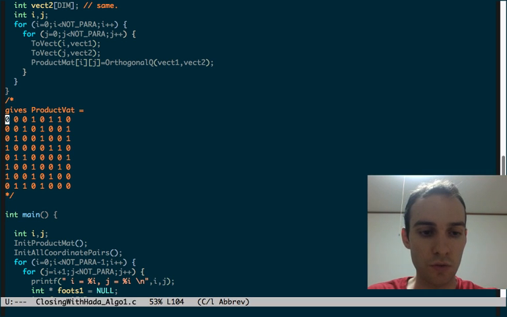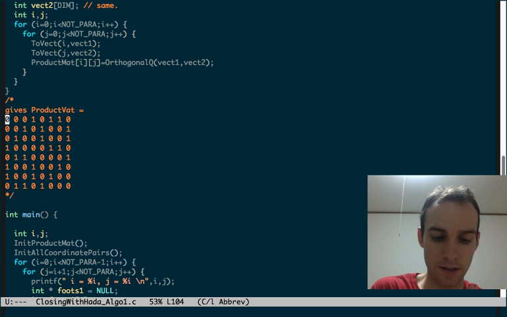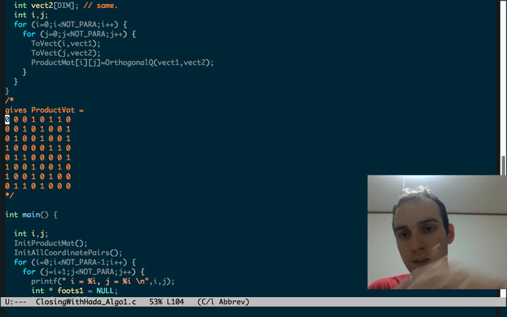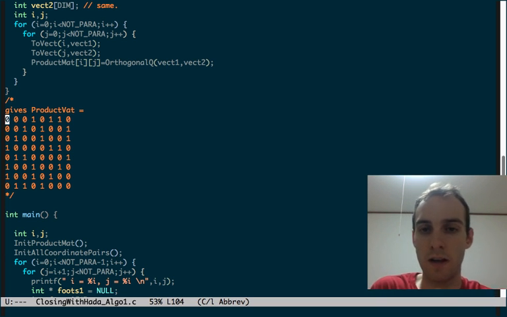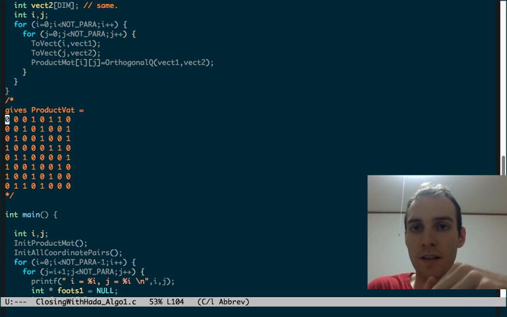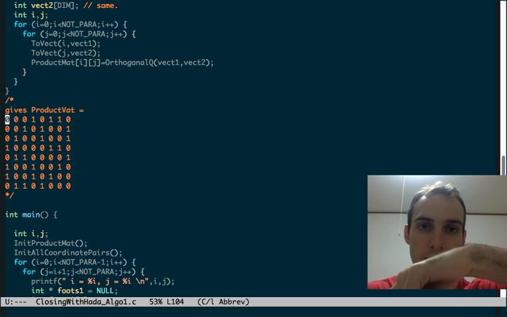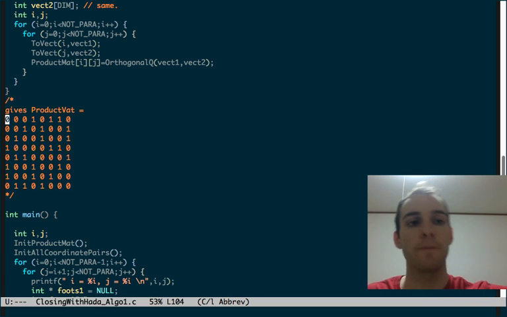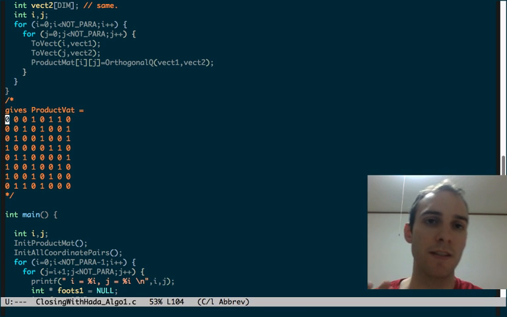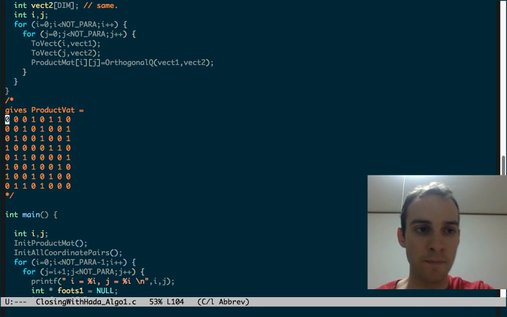So in R3, just real regular old space, okay, if you have three vectors like this, and the first two are not orthogonal, but they're in the same plane, like this is the x-axis, this is a vector x plus y or something. This vector is still orthogonal to both, so you can still be orthogonal to both of these, even if they are not themselves orthogonal to each other. Now we're in 4D, but the problem is that we're restricted to plus and minus 1. And